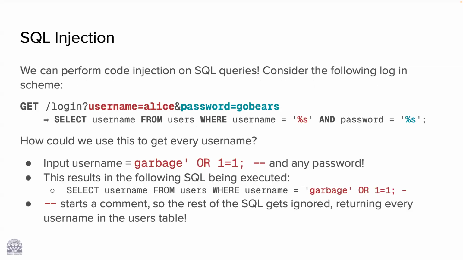Say I have a query, like this typical paradigm for doing SQL queries: you have some parameters in the GET, and then you select the username from users where the username is this and the password is this. This is just saying, please get my user, right? But the problem here is that these things shouldn't be treated as text. They should just be treated as arguments. But if I just copy and paste the value in there, I can actually get them to be treated as something else. So if the username is garbage or 1 equals 1, which is the common sign-in trick in